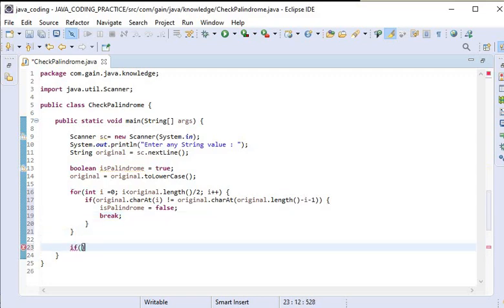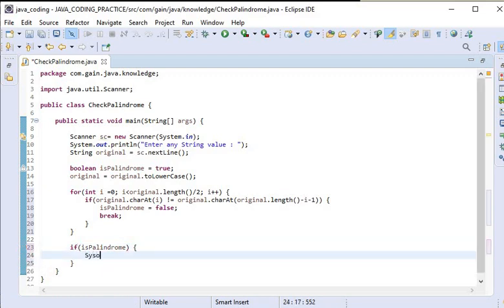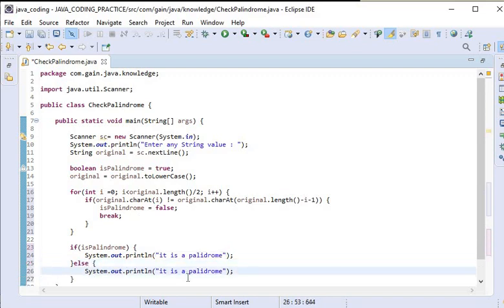Here we will write if isPalindrome, then we will print, it is a palindrome, and else, it is not a palindrome.